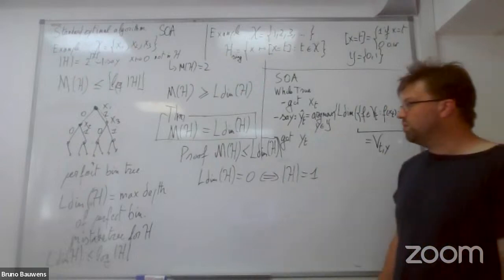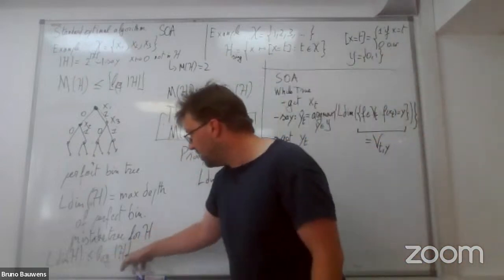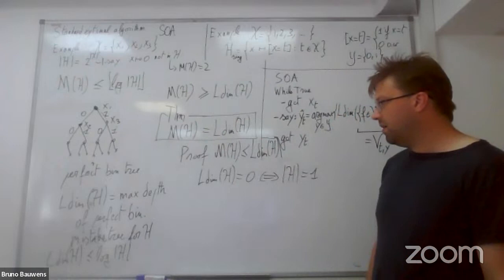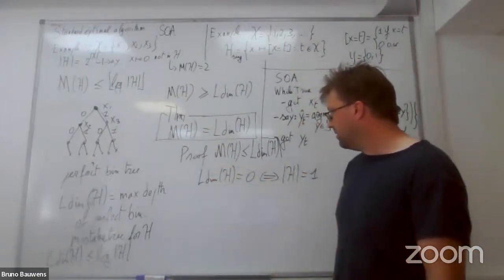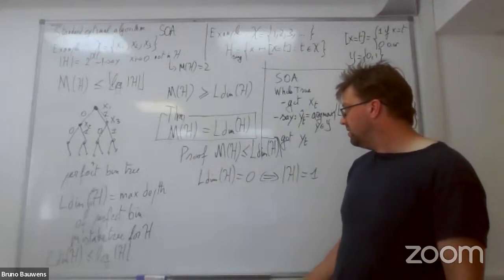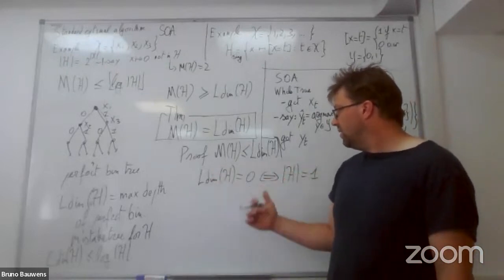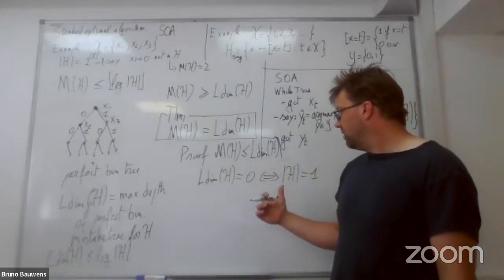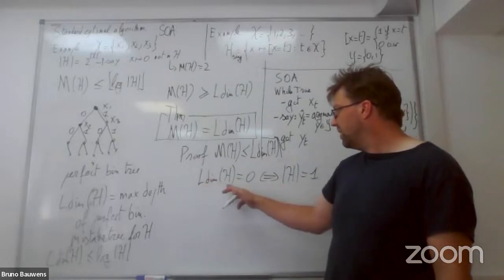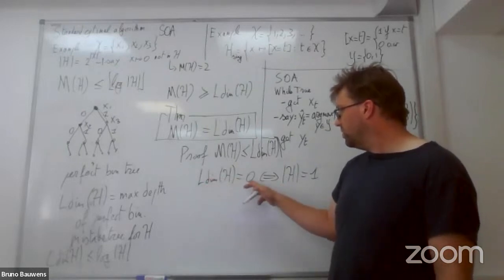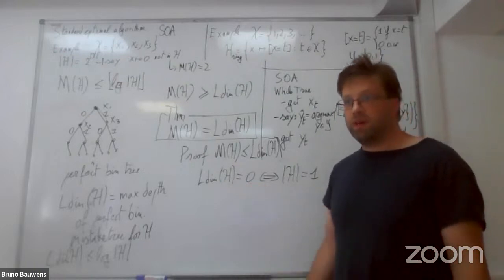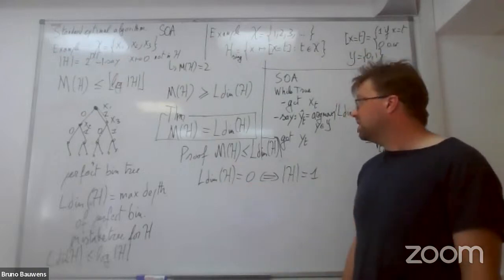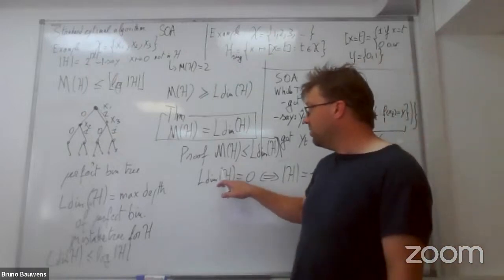This is easy to prove because of this upper bound. From this upper bound we get this direction, and for this direction, if the Littlestone dimension of H is equal to 0, it means that there is an algorithm that's always right, and that means that H can only contain